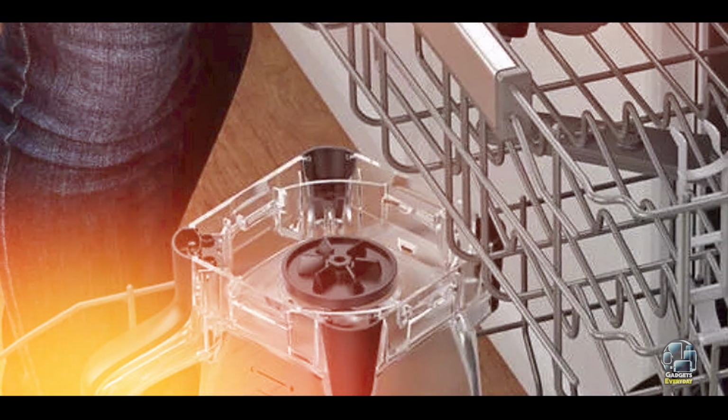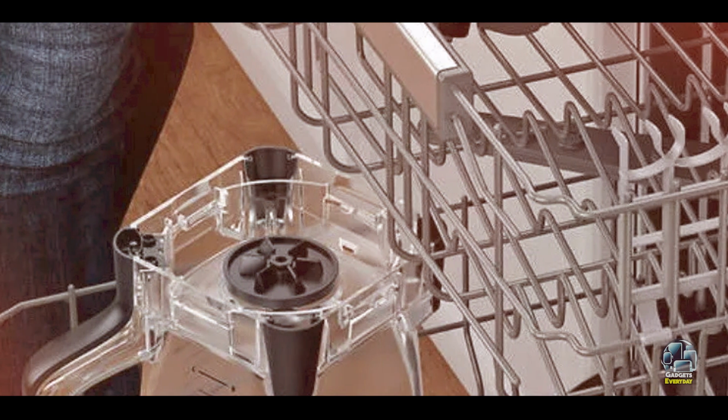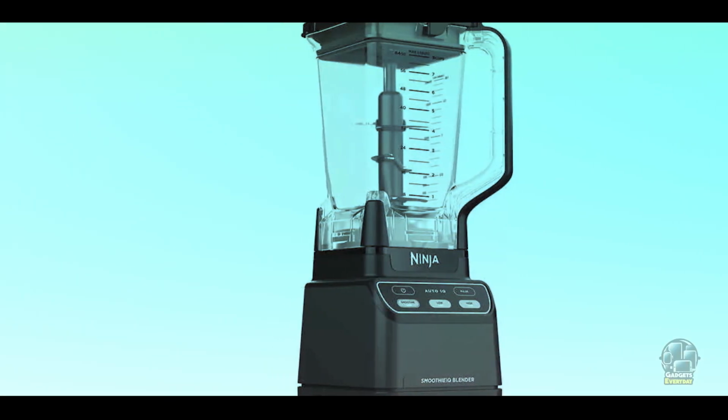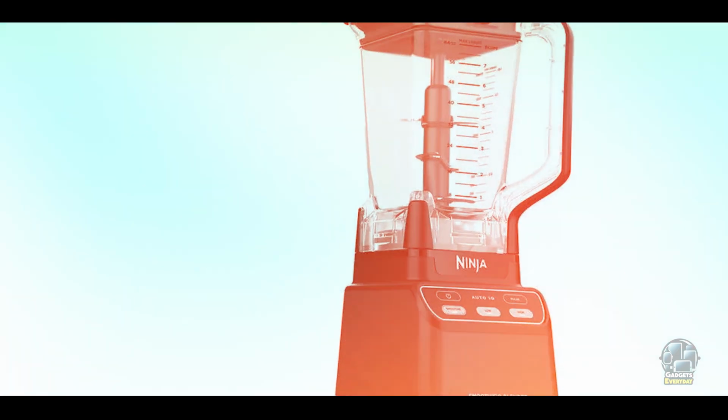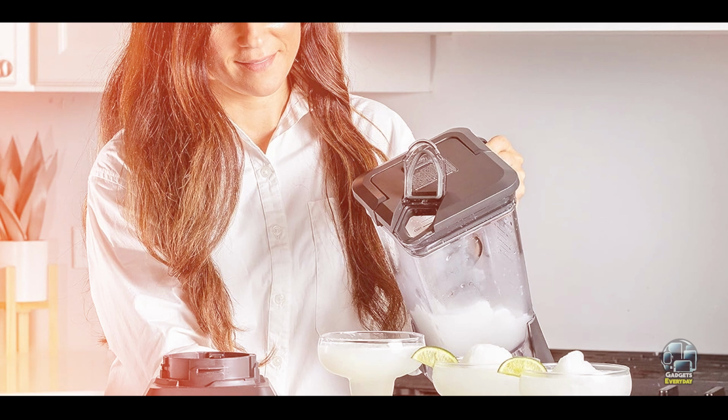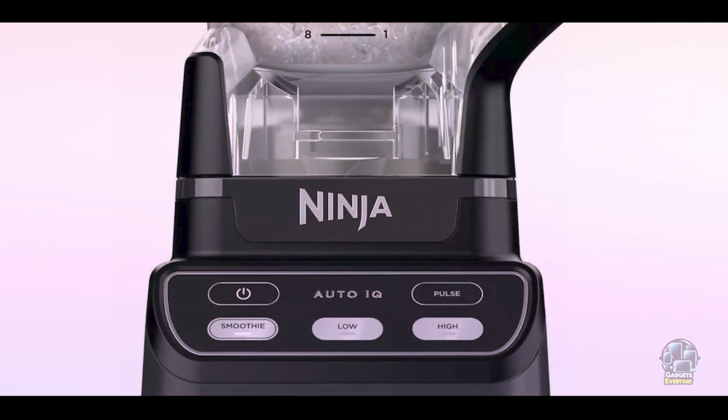Its large capacity pitcher allows you to blend ingredients in bulk, which is perfect for meal prepping or serving multiple people. The versatility of this blender also means that it can handle a variety of tasks, from crushing ice for frozen drinks to chopping vegetables for dips. Whether you're making a smoothie, a frozen cocktail, or a creamy soup, the Ninja Blender is a reliable and efficient